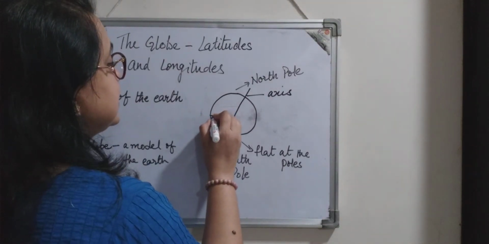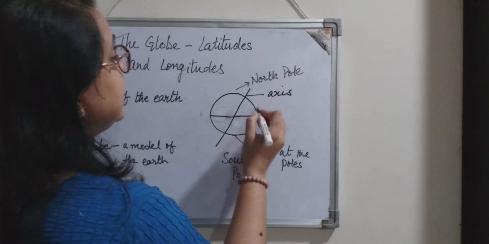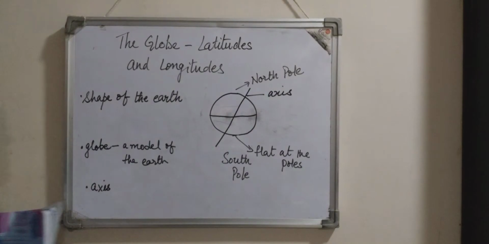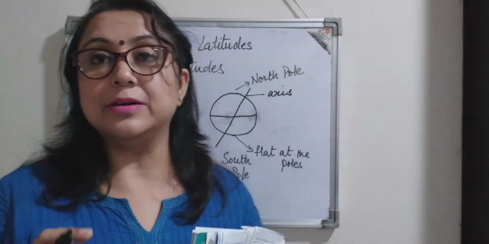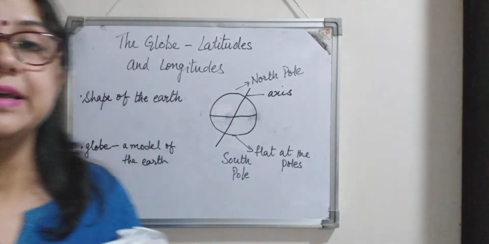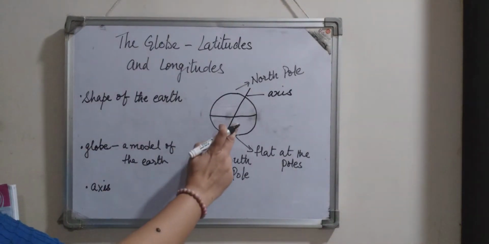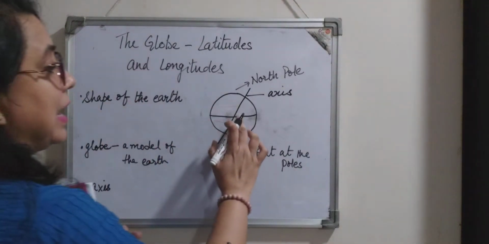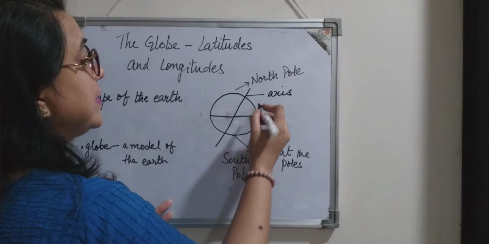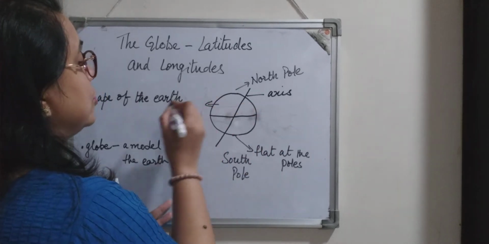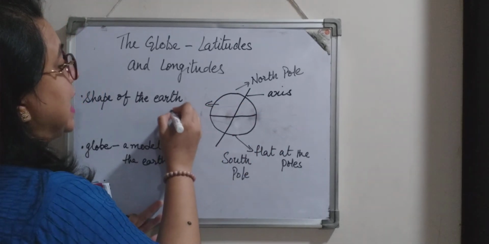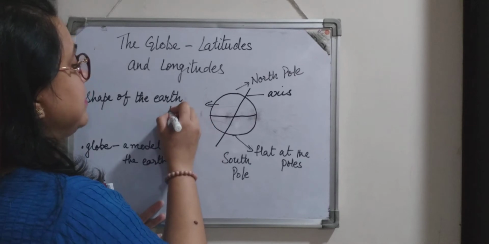The equator is the imaginary line which runs through the center of the earth, and this has divided the earth into two equal halves. The part which is above the equator has been termed the northern hemisphere,